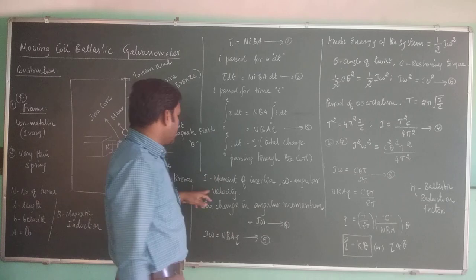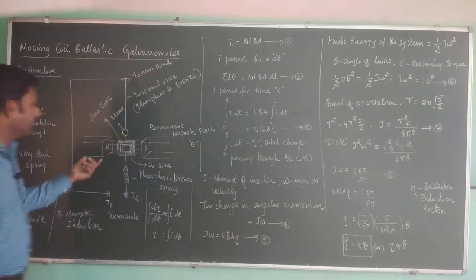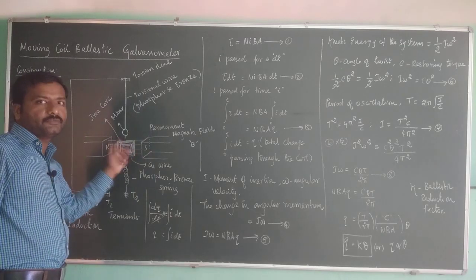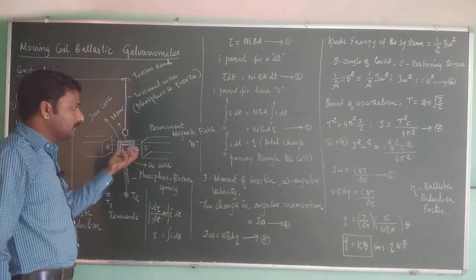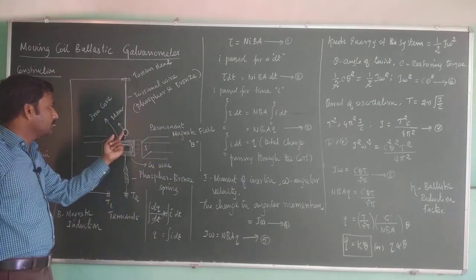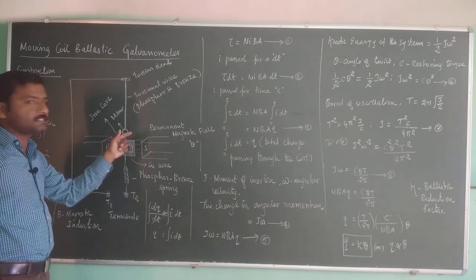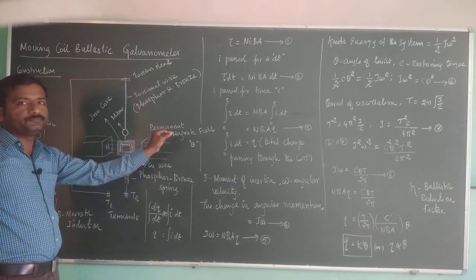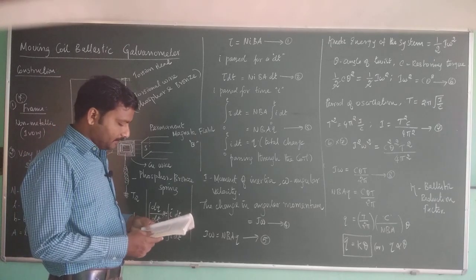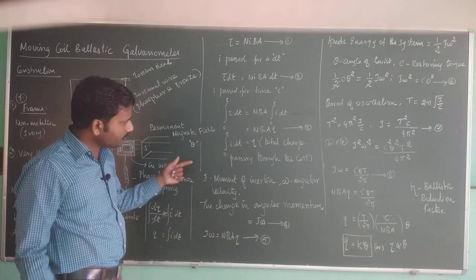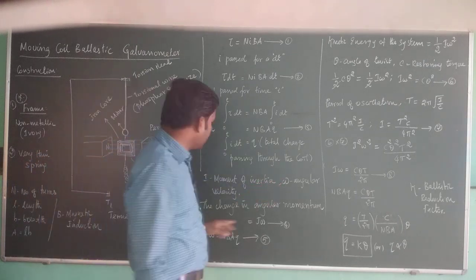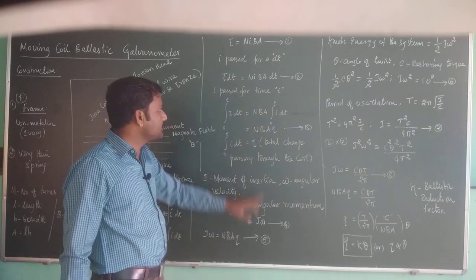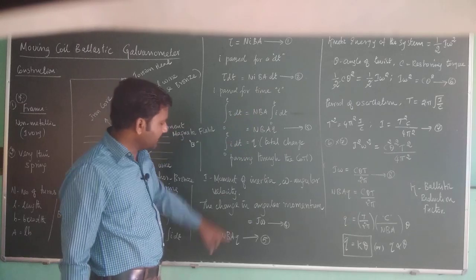So this q is the total charge passing through this ballistic galvanometer, which is to be calculated. That's our target. If I is the moment of inertia, and omega is the angular velocity for this throw, the coil is twisted for a momentary time, so the reflected light will go for a throw. We can write I as the moment of inertia, omega as the angular velocity. Now the change in angular momentum we can write as I omega, and we equate this.